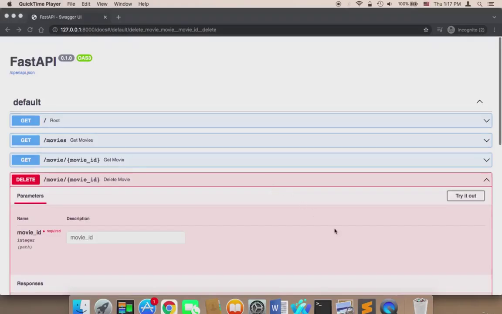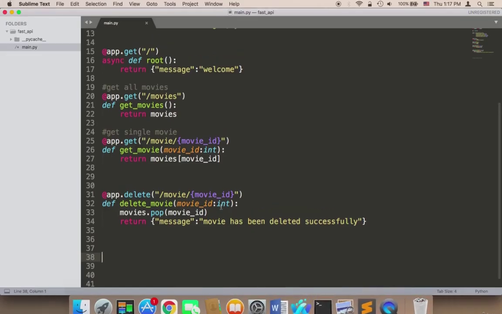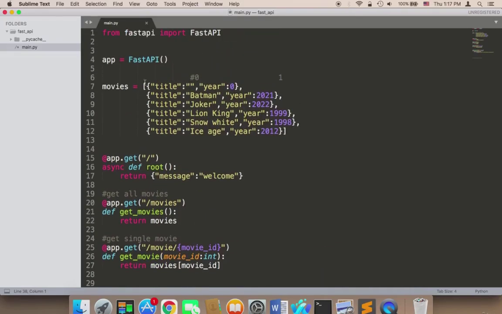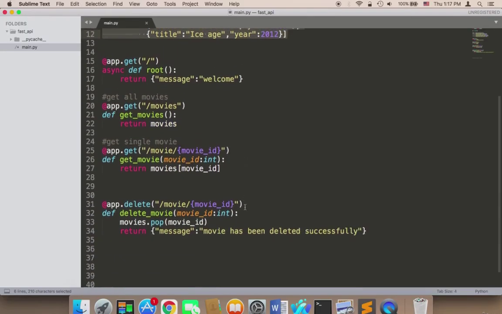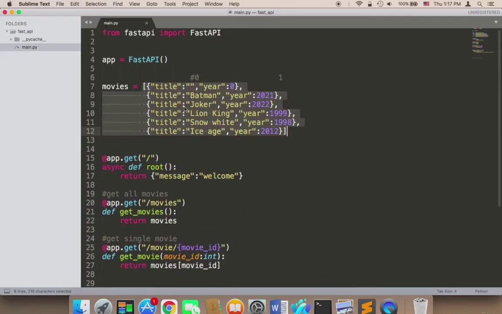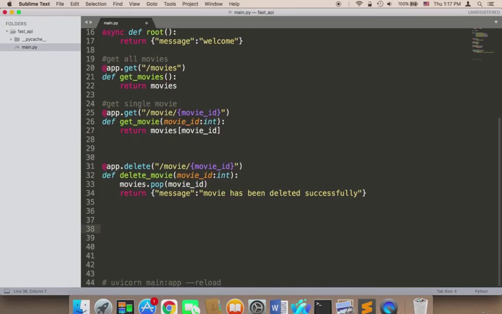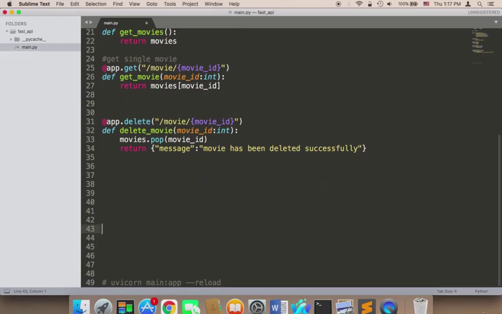Welcome back. Now what we need to do is learn how to create a new movie. So we know how to get a movie by ID, and also how to delete a movie. Now it's time to create a movie. Here, I created these movies in the script, but we need an endpoint that would allow users and your clients to create new movies and insert new movies to this array. So in order to create a new movie, we need to use a post request,